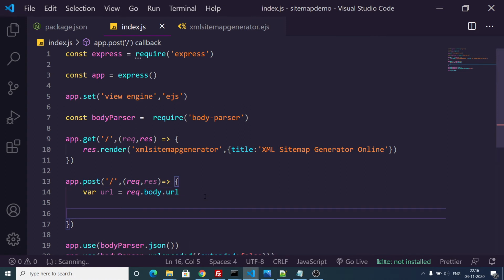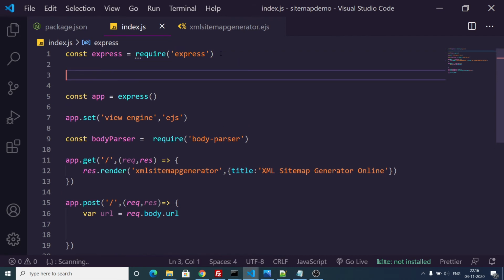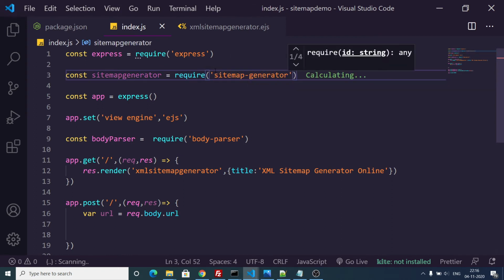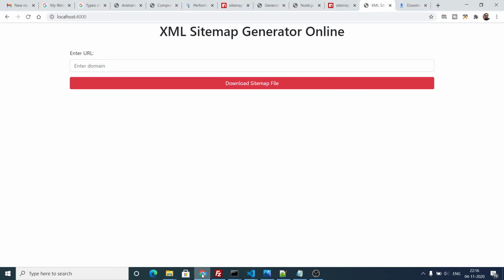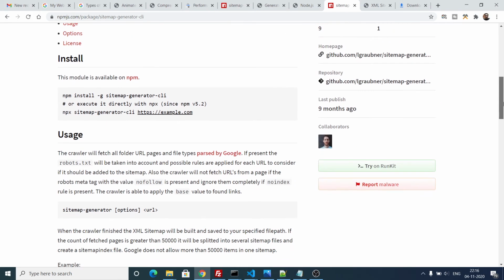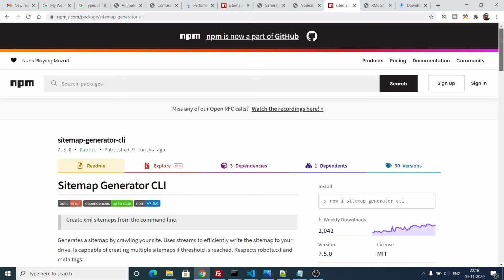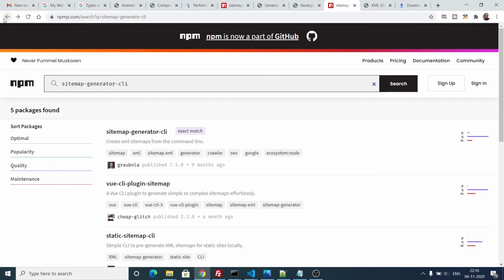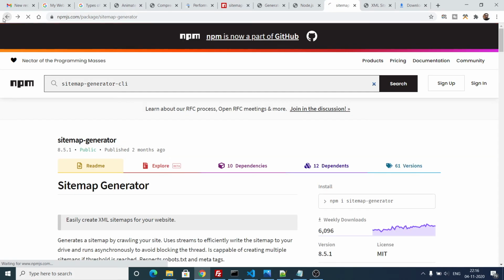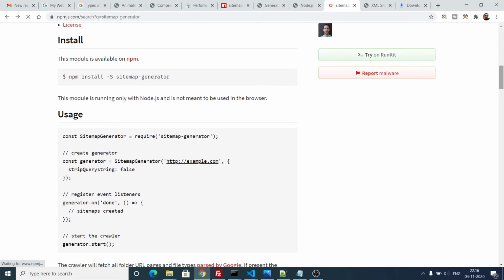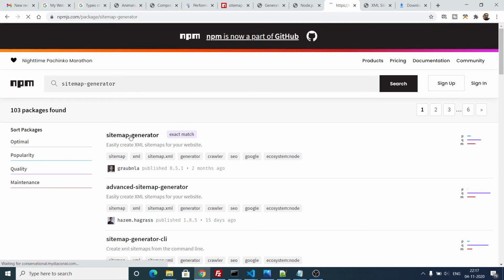And after this, guys, we need to import the sitemap generator, which is sitemap generator, and this is a dependency that we have installed. And this is pretty simple, guys. If you follow the documentation of the plugin, this is pretty simple. They have given the example also. Oh, sorry, I need to move to the previous plugin. This is for the CLI. So the nice thing is that they also have the CLI version, so you can use it for both purposes. This is a dependency,